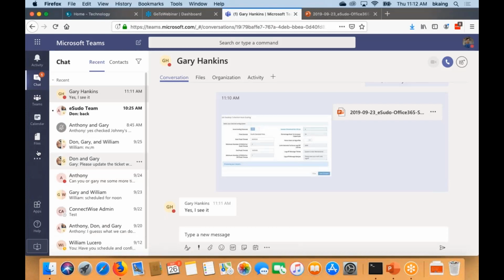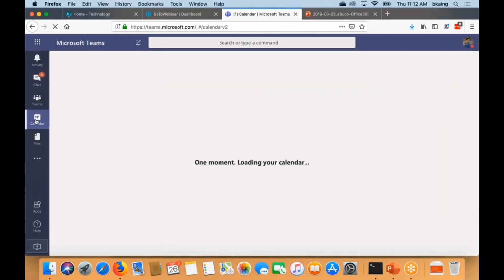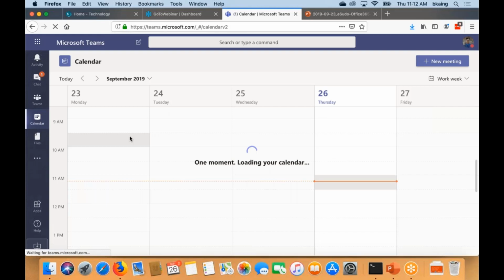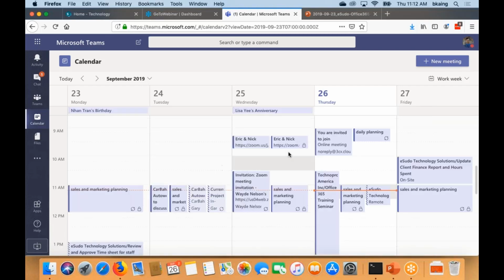Other things, like we mentioned about calendars. If you click on here, this is my calendar, and this calendar is synced to my Outlook. So my team calendar is synced up and uploads everything that's here. You can schedule new appointments in here.